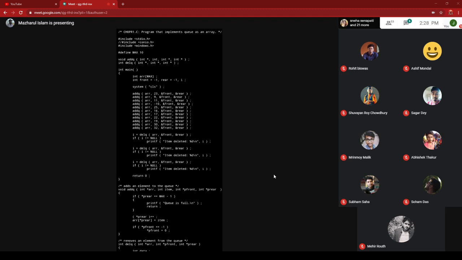In this way, several times add queue function is called. 23, 9, 11, minus 10 all called.